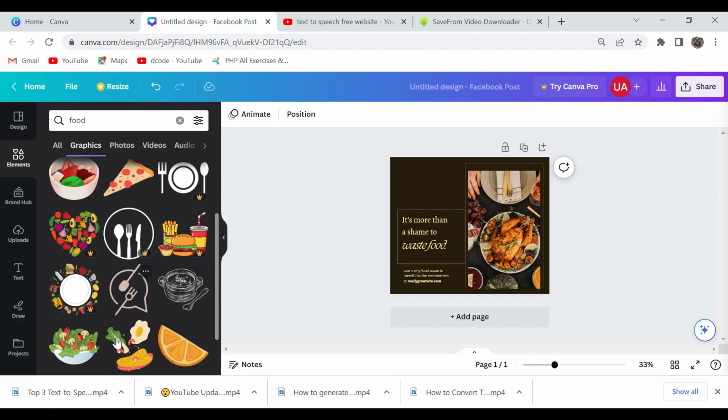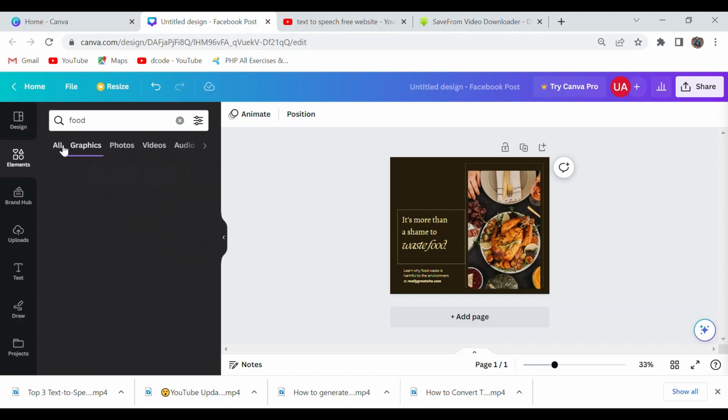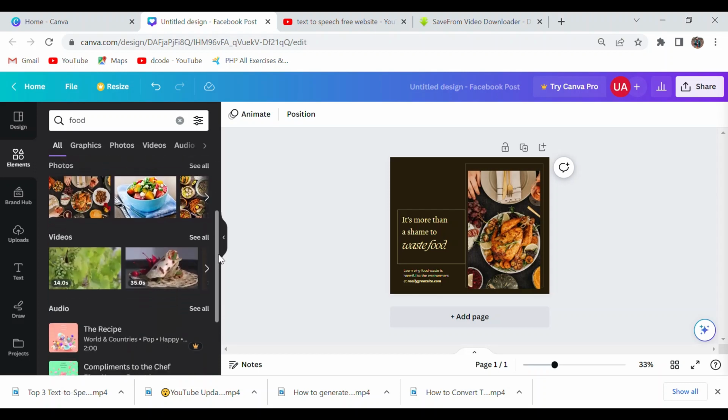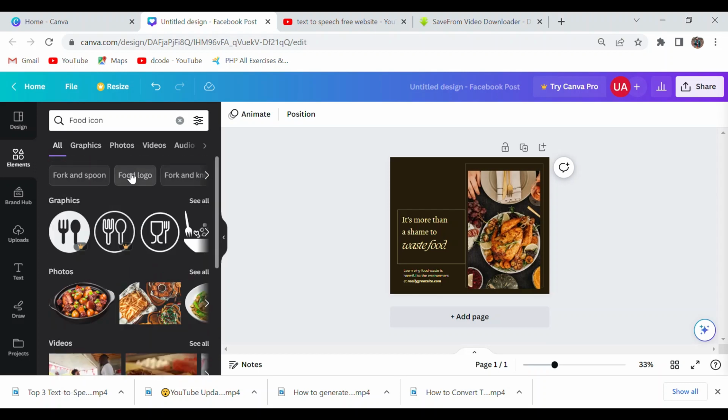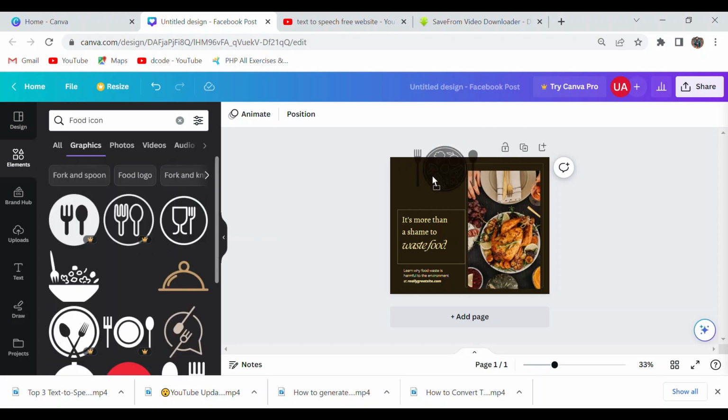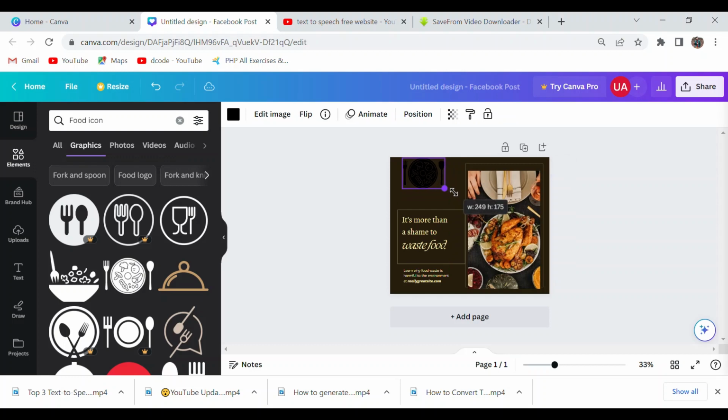Once you're satisfied with your Facebook post design, you can download it by clicking on the Download button located in the top right corner. Canva provides options for downloading your design in different file formats, such as JPG or PNG. After downloading, you can upload the image to Facebook when